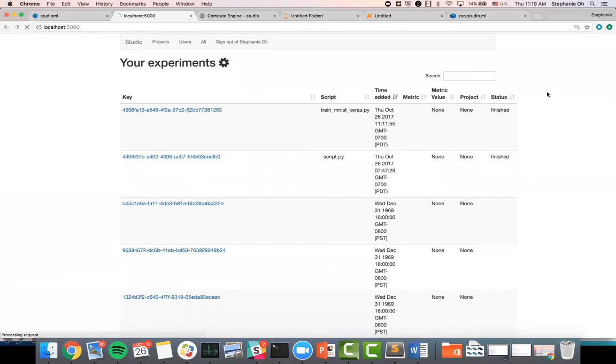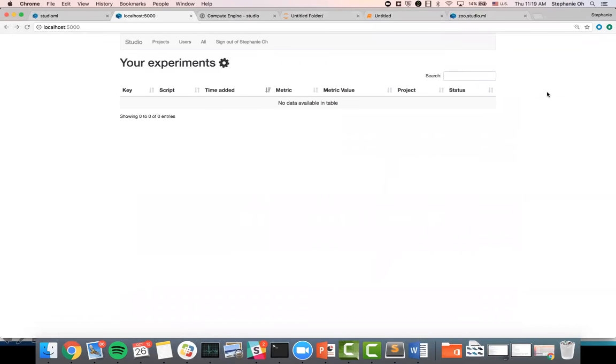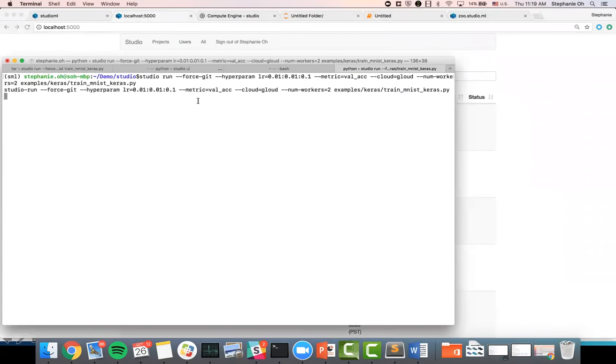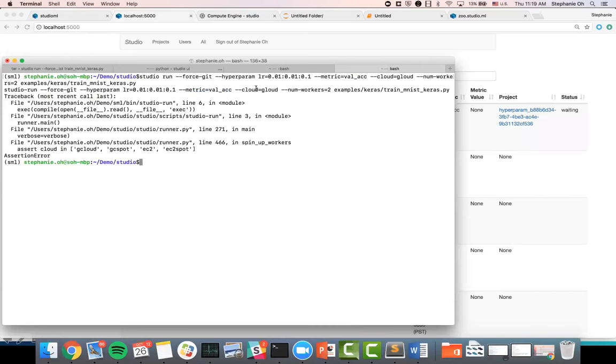Let's see if the other guy has uploaded its data. Here, all that I'm doing is a hyperparameter search of the learning rate between 0.01 and 0.1 in steps of 0.01. I'm going to measure it on the validation accuracy. And like I said, instead of running things locally,